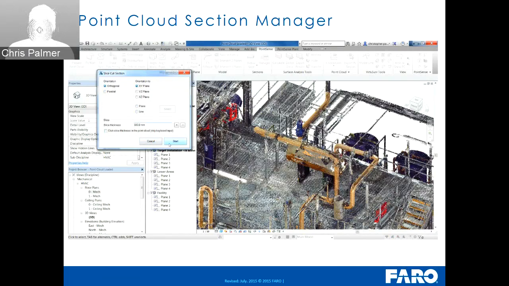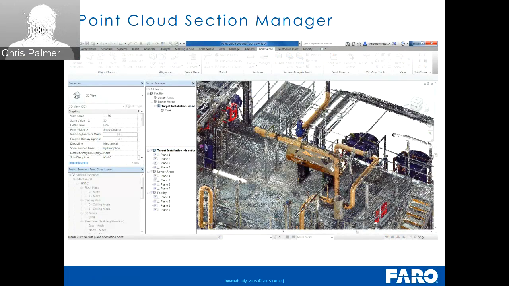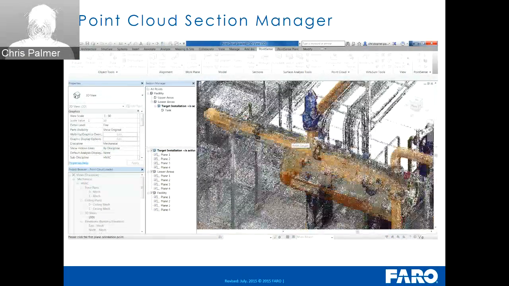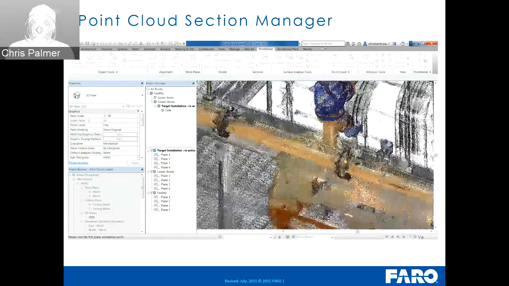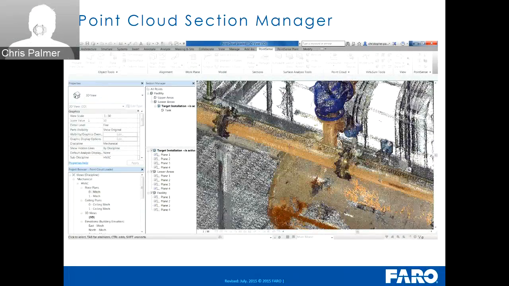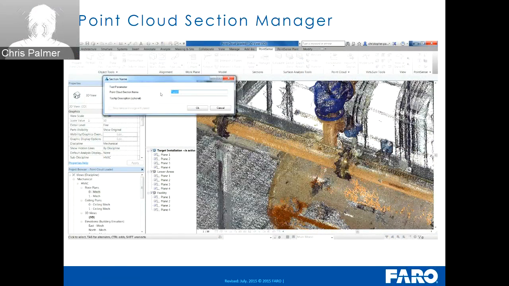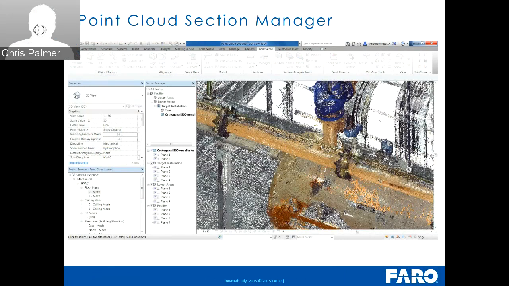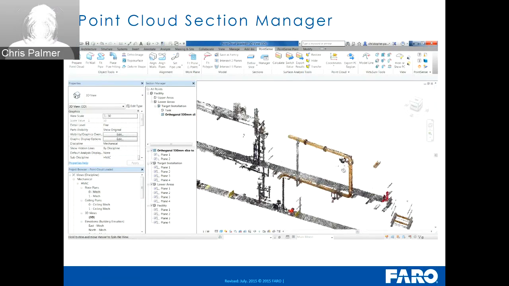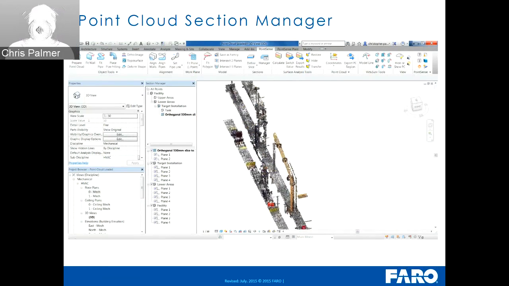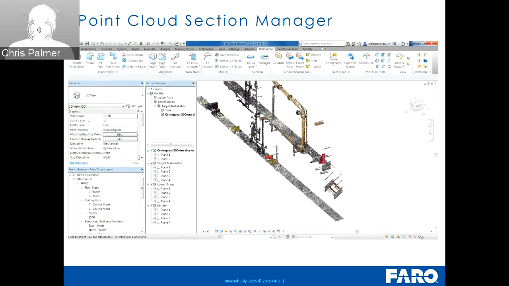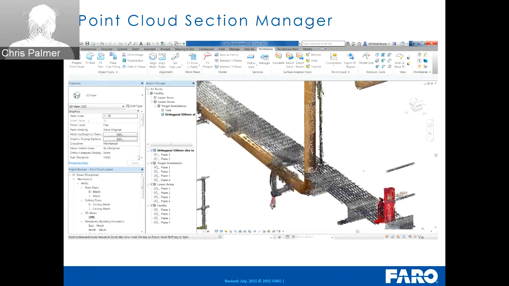But if we maybe go for a 500mm slice, orthogonal to the X and Y plane, we just zoom in on this specific pipe here. I literally just need to give this 1 click, and that's going to define a plane orthogonal to the X and Y. So we'll call this, just for reference, orthogonal 500mm slice, and we should probably say against the XY, so 2XY. Press OK there. So now you can see just with 1 click we've been able to isolate that pipe and the pipe beneath it as it runs around really accurately within the cloud, which is going to be really helpful for our modeling